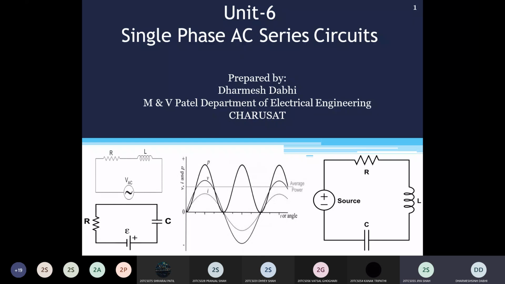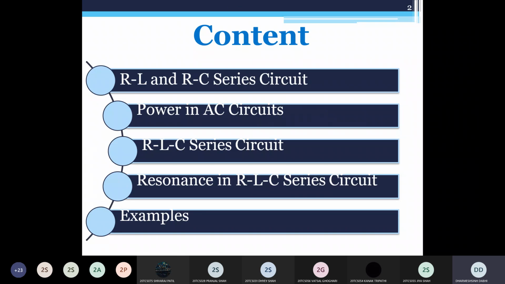Sir, we have seen a series connection of a resistor with capacitor and inductor and their respective equations for current and voltage. No, only the RL circuit, not RLC. We saw the AC circuit with R and L connected in series, and we saw the behavior of the circuit. We saw the vector diagram, and then we derived the equations of active power, power factor, voltage, current. So let's see that.